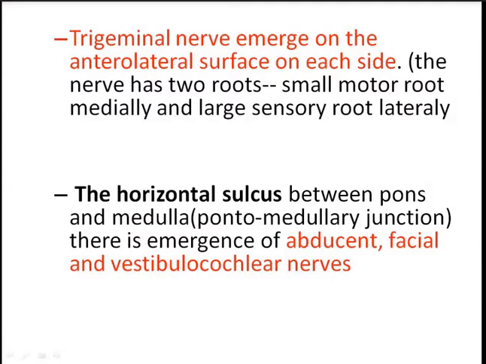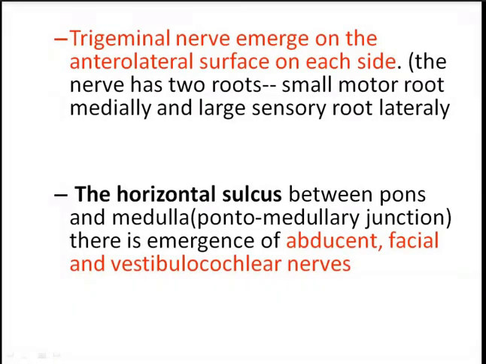So it has motor root as well as the sensory root. The small one is the motor root, whereas the larger one is the sensory root. And another feature is the horizontal sulcus between the pons and the medulla. Yesterday I discussed the pontomedullary junction, where there is emergence of the abducens nerve, 6th cranial